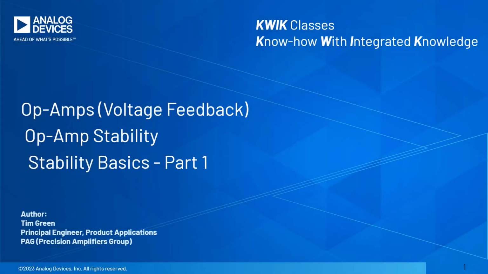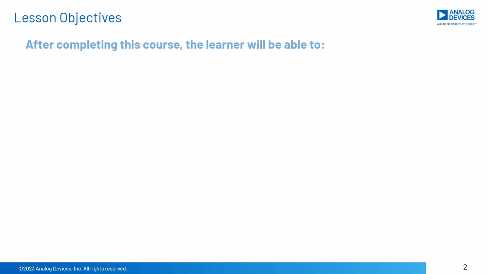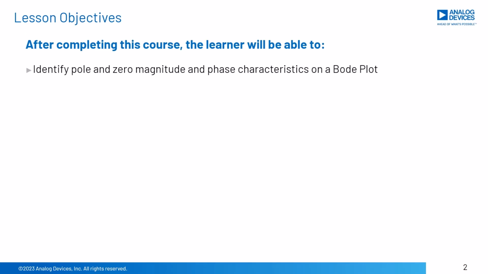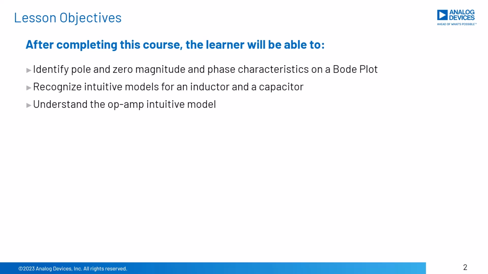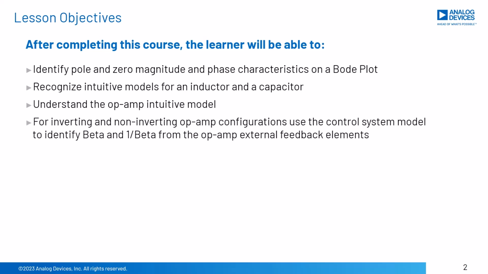In Part 1, we will introduce some basic tools and concepts for solving any op-amp stability problem. After completing this course, the learner will be able to identify pole and zero magnitude and phase characteristics on a Bode plot, recognize intuitive models for an inductor and a capacitor, understand the op-amp intuitive model for inverting and non-inverting op-amp configurations, use the control system model to identify beta and 1 over beta from the op-amp external feedback elements,